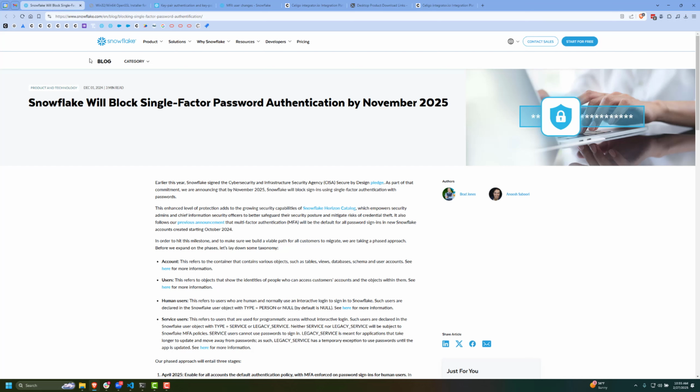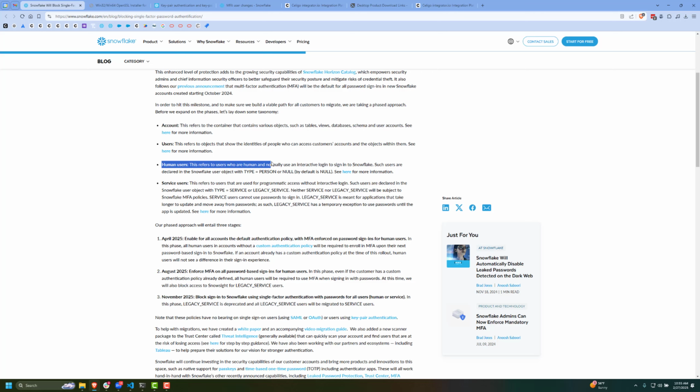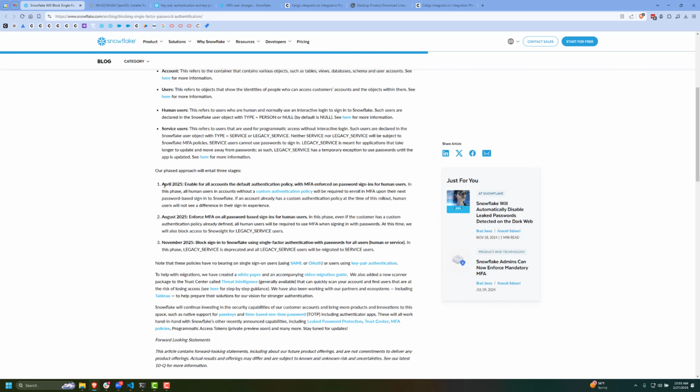So first, I'll come over to this Snowflake documentation. This is their blog about what they're deprecating, why, and when. And you can see here, mostly for human users, they will be starting to enforce multi-factor authentication where the user type in Snowflake is a person or the user type is set to null. This is going to start taking effect in April for all accounts that don't have any custom authentication policy. In August, they'll start doing this for all human users. And then in November 2025 of this year,